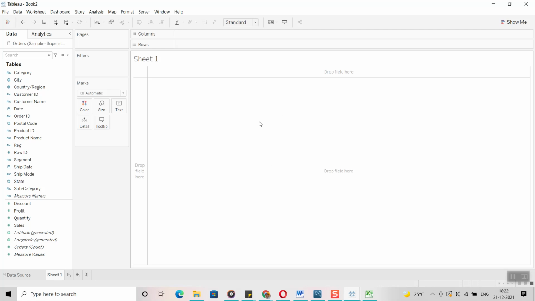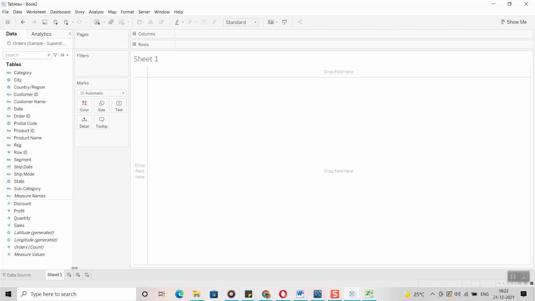Let's assume you have created a pie chart here. Then you cannot create another bar chart here using different dimensions. In a single sheet, we can create only one visualization.